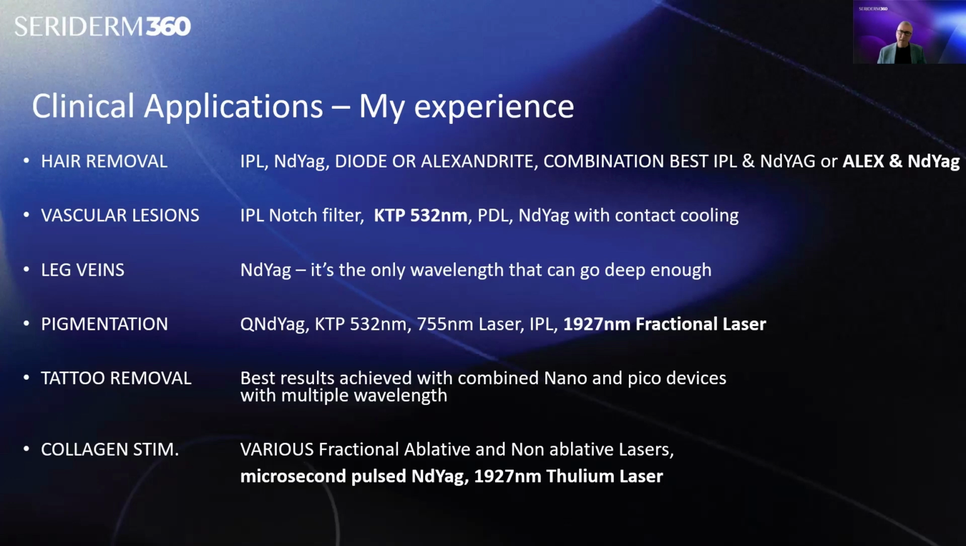If you're going to use an IPL, then you need an Nd:YAG with it. If you're going to use an alexandrite, you'd use an Nd:YAG. I'm a fan, if you've got the right budget, of Alex and YAG. I think it's the perfect combination. If you get a high powered YAG, then you can also use that for other applications like leg veins as well. For vascular lesions,